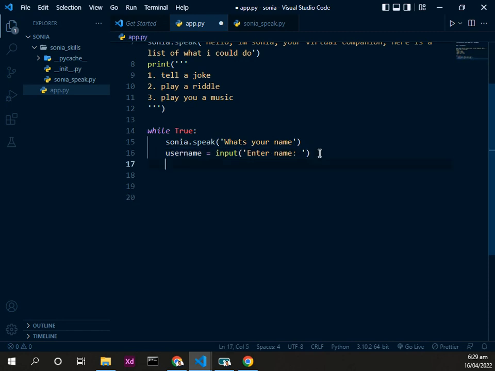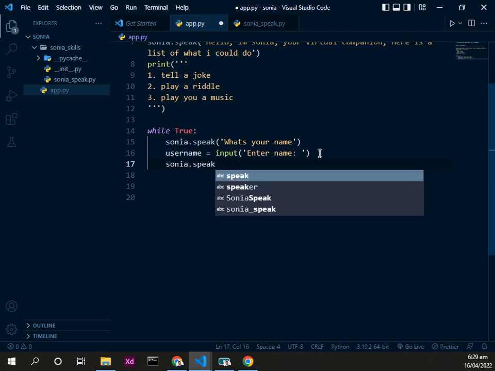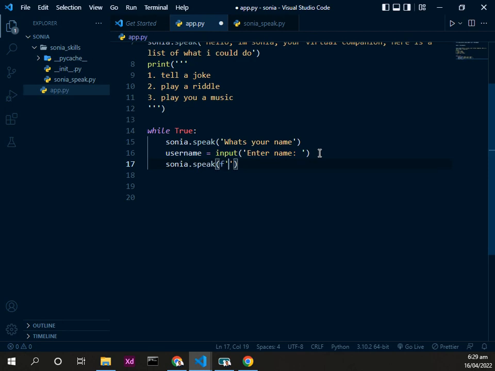So we could tag all of that by saying, Sonia, remember we just built a method, and all we need to do is call the method of that class called sonia.speech, and then we'll use an f string, nice to meet you, and then interpolation inside of this we'll say user name, which is this guy here, and we'll say what would you have me do?